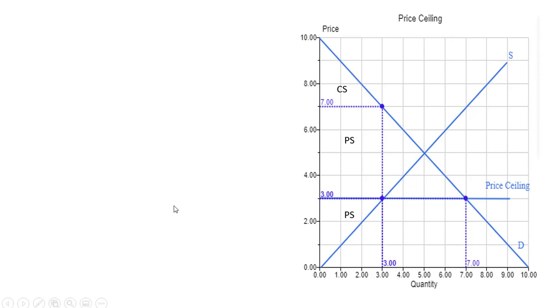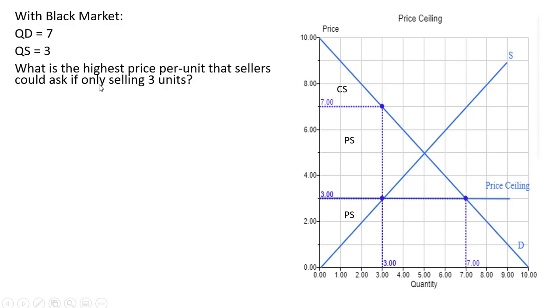All right, now let's look at what happens with a black market. Same thing, the quantity demanded would be 7, quantity supplied would be 3. But we might want to ask this question: what is the highest price per unit that sellers could ask if they're only willing to sell 3 units? So if sellers are only willing to sell 3 units, let's find what the maximum willingness to pay would be. We take these 3 units and we walk up to the height of the demand curve, and we come across it's